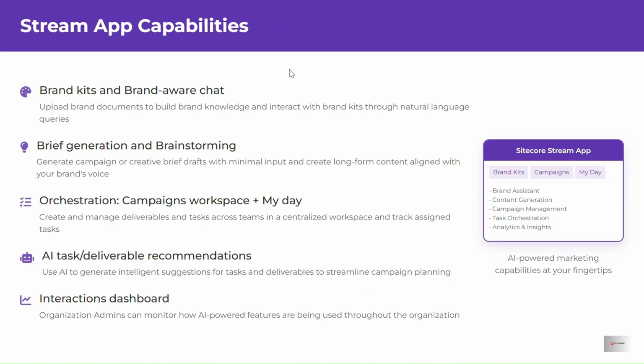Stream app capabilities. So what are the capabilities or features you get when you use Query Stream? Brand kit and brand aware chat. You upload your brand documents to build brand knowledge and then interact with brand kit through natural language queries. Brief generation and brainstorming. Generate campaigns, create creative brief drafts with minimal input and create long form content aligned with your brand's voice. Orchestrating campaigns,